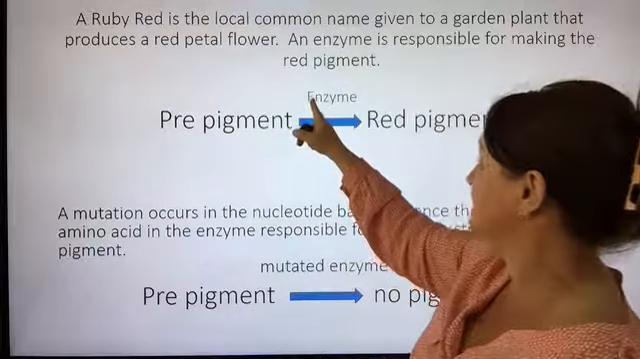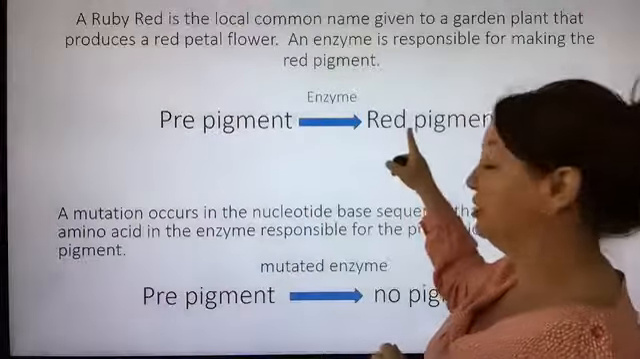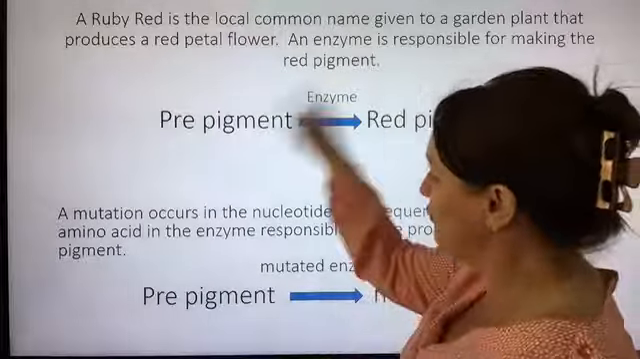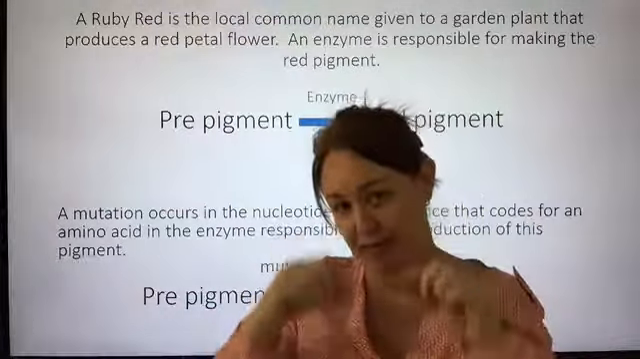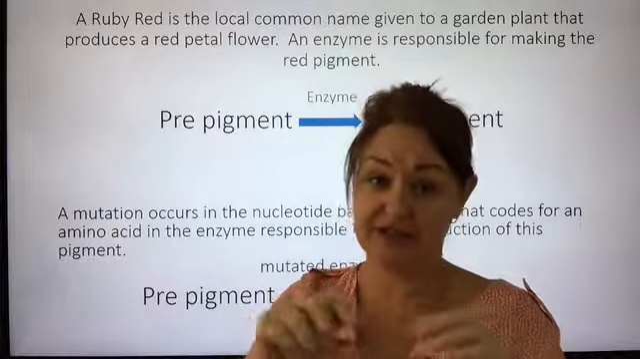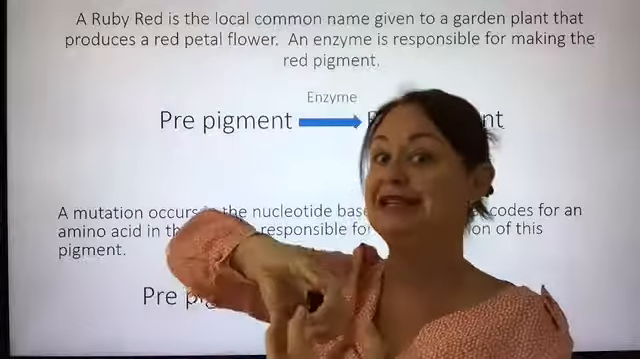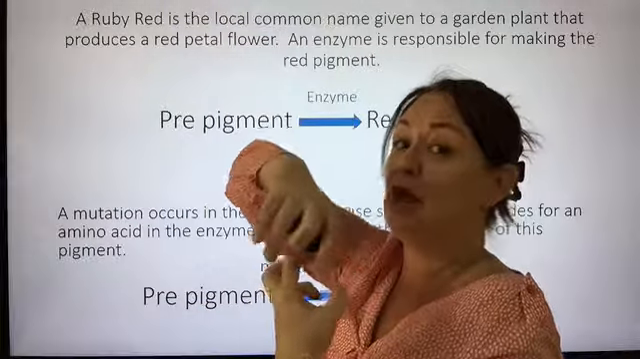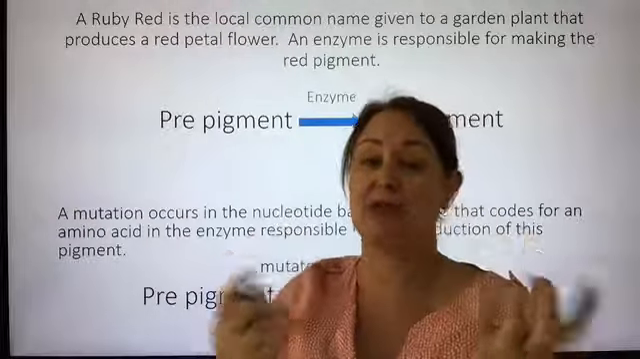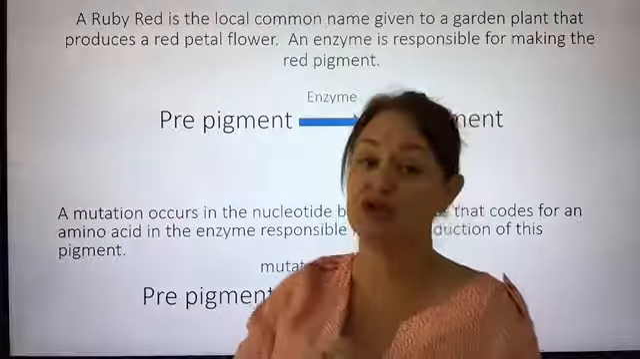And here's the enzyme that changes that into the red pigment that gives the petal that colour. So if we have a mutation in the base sequence, we get a different amino acid, or certainly a different sequence of amino acids, which means that the polypeptide is going to fold differently, which means that the enzyme will have a different active site, which means it